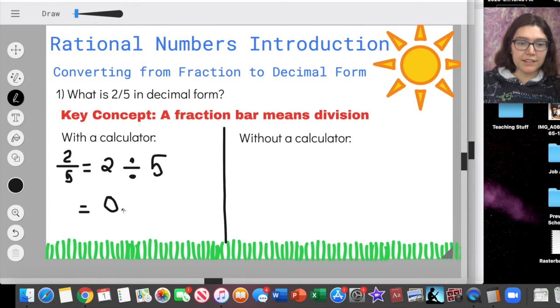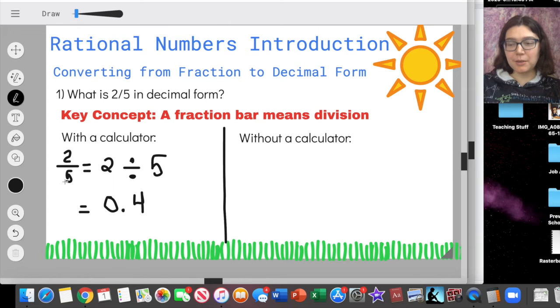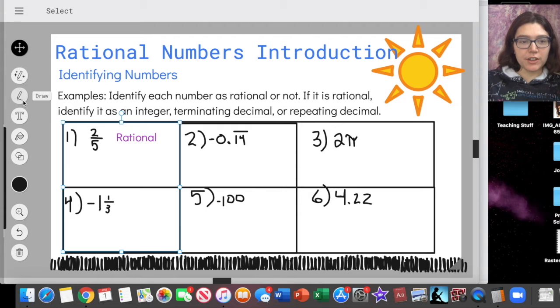0.4 is the decimal form for 2/5. Again, all I did is I took my numerator 2 and divided by that denominator of 5, and I got 0.4. Eventually, I'm going to come back and show you how to do that without a calculator. Okay, so we found that 2/5, what's the point of doing that? We found that 2/5 is equal to